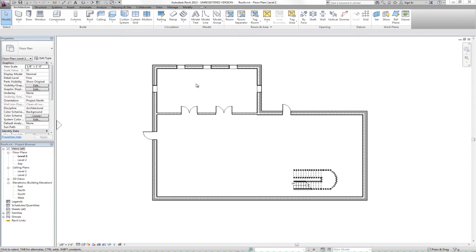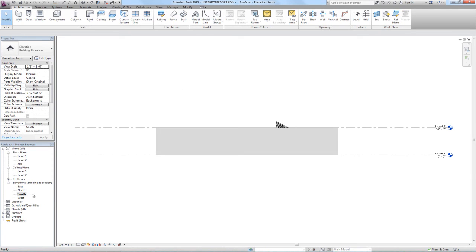So the first thing we're going to do is switch to our south elevation view and add another level. So right now we have level 1, level 2, and then associated with those levels we have our floor plan level 1 view and our level 2 view, and then ceiling plan views as well. On the architecture tab we select the level tool,